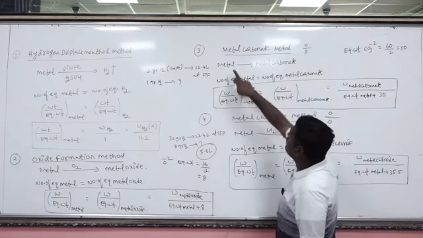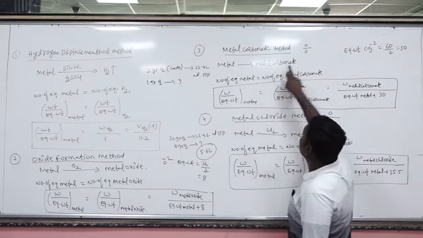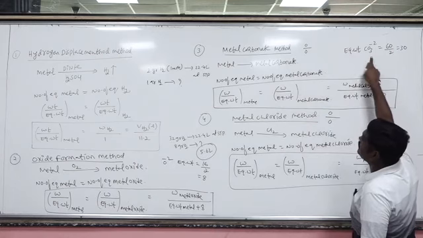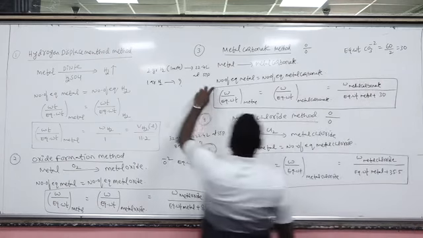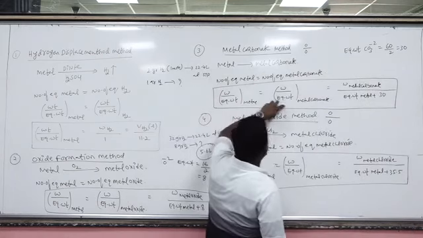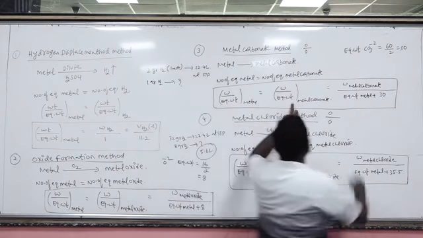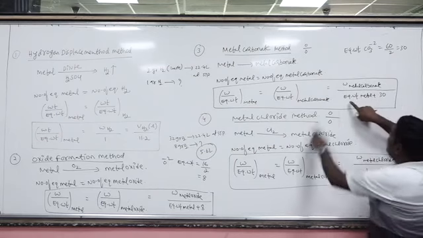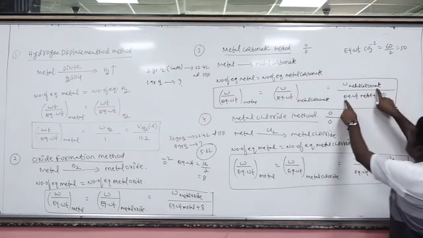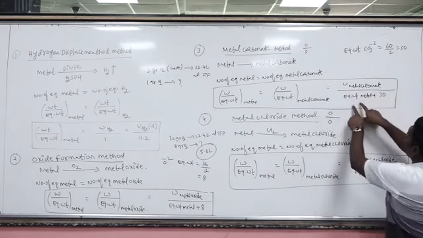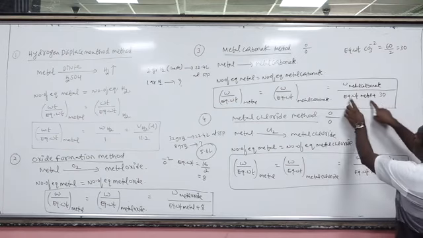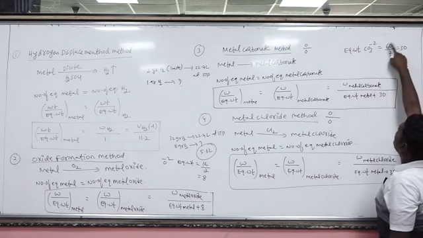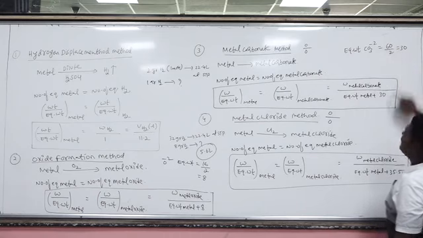Now the next method is the carbonate method. Suppose a metal is converted to metal carbonate. What is the formula of a carbonate? CO3 minus 2. Now, number of equivalents of metal equals number of equivalents of carbonate, which is weight upon equivalent weight. Weight of metal carbonate divided by equivalent weight of metal carbonate is the algebraic sum of the equivalent weight of metal plus equivalent weight of carbonate. Equivalent weight of the metal is unknown, but the carbonate equivalent weight we know, that is the molar mass 60 by valency 2, that is 30.